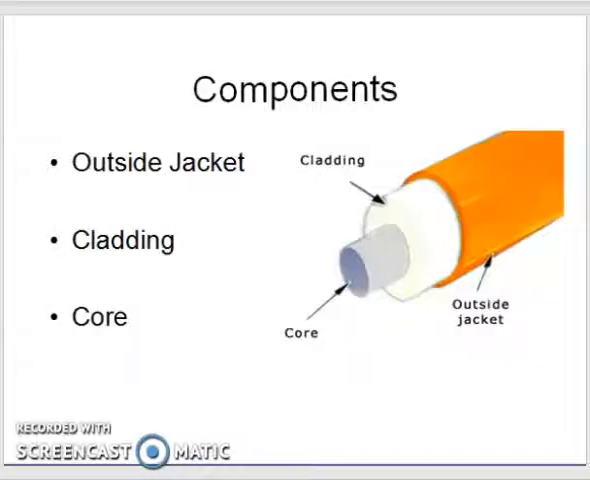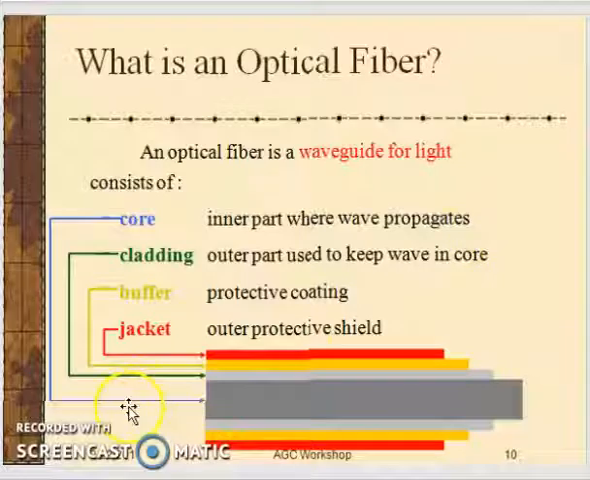The structure of optical fiber cable. There are three parts of an optical fiber cable: core, clad, and the outside jacket. This is the core, this is the clad portion, and this is the outside jacket. It is called the protective layer, also called the sheath. The core is